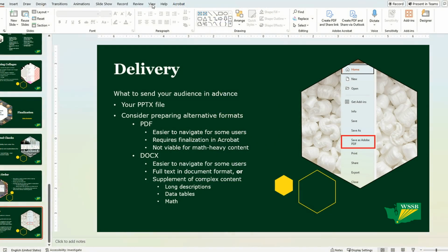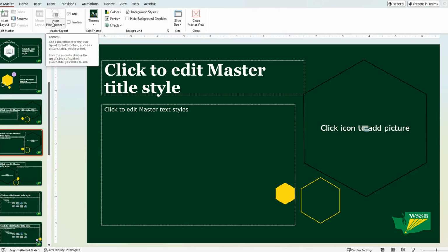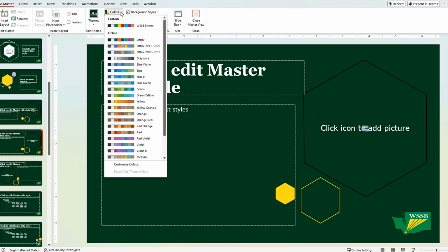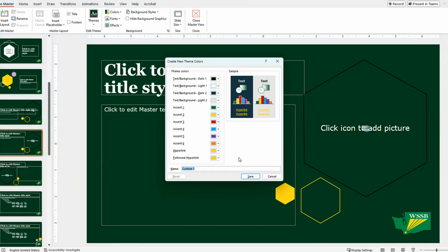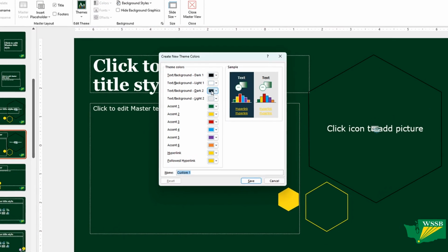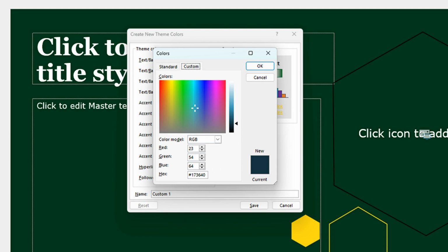Now in PowerPoint, open the View tab, and then the Slide Master view. Let's define a new color theme. From the Slide Master tab, find the Colors menu in the Background group, and select Customize Colors. For my new color scheme, I'm going to change everything except for the first 2 colors, which will stay black